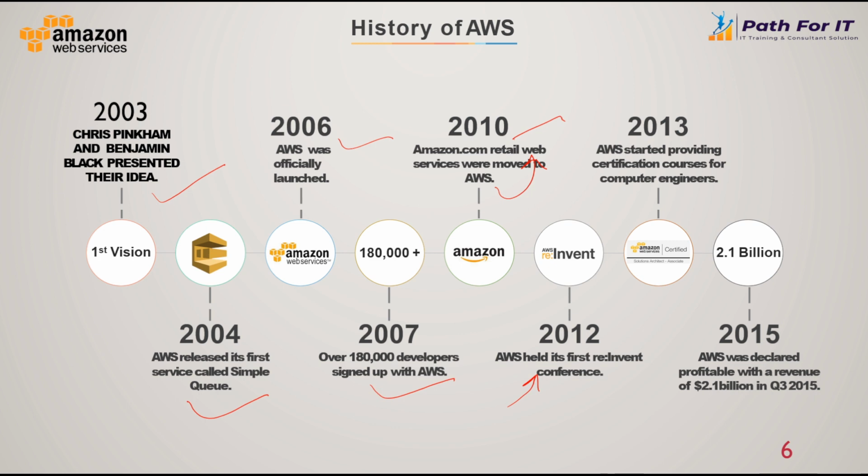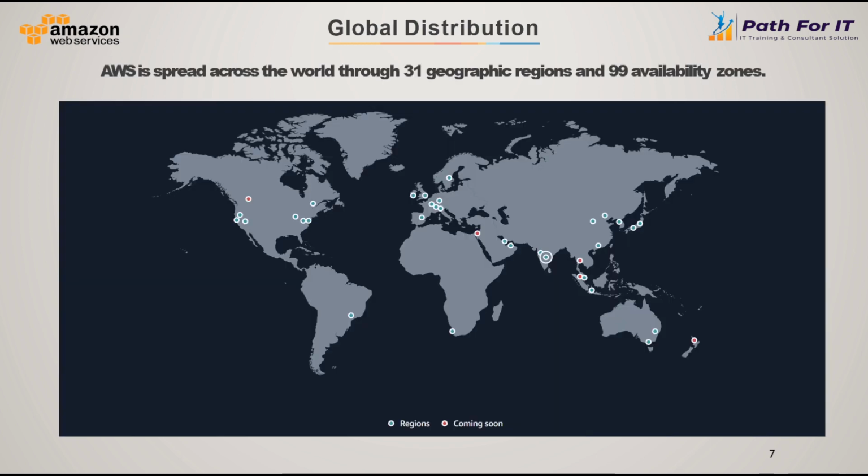So this is somewhat the history we have of AWS, which we can understand: it started in 2003, now it is 2023. So it's a long journey. A lot of new technologies have been added to AWS. There are a lot of categories we are able to find on the same platform. Now we'll try to understand how exactly AWS has been distributed globally.